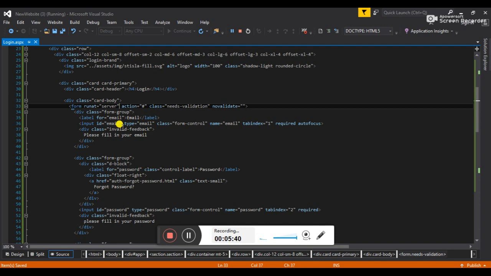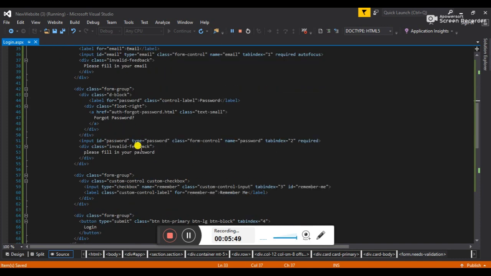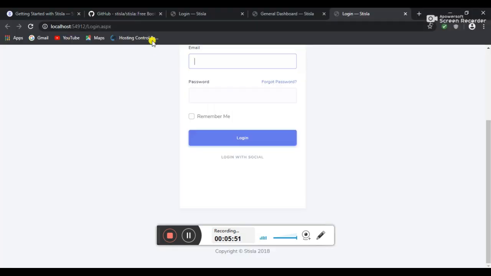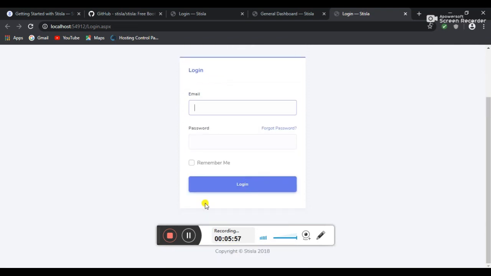Otherwise it will give you an error, and it will specify exactly what error it is. It will tell you, but I will do it from my side. Now that's done. See, the space has been removed.